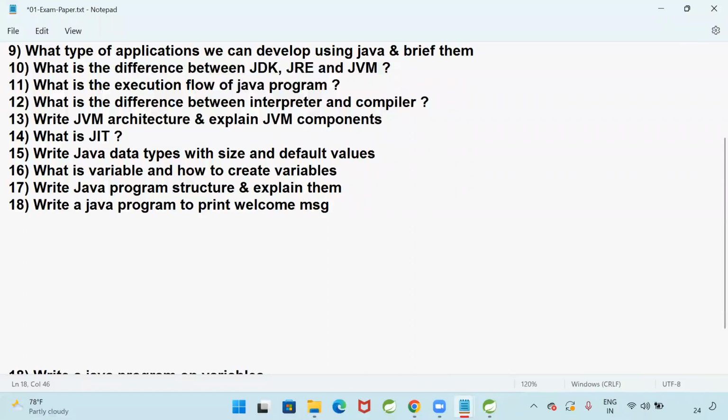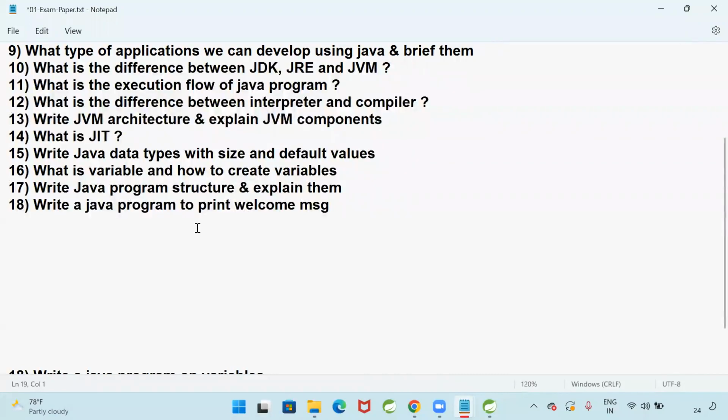Write a Java program to print a welcome message. Also write the command to compile and the command to execute.